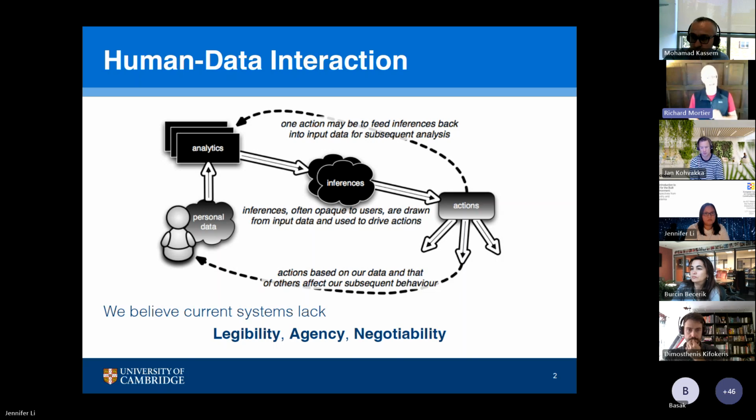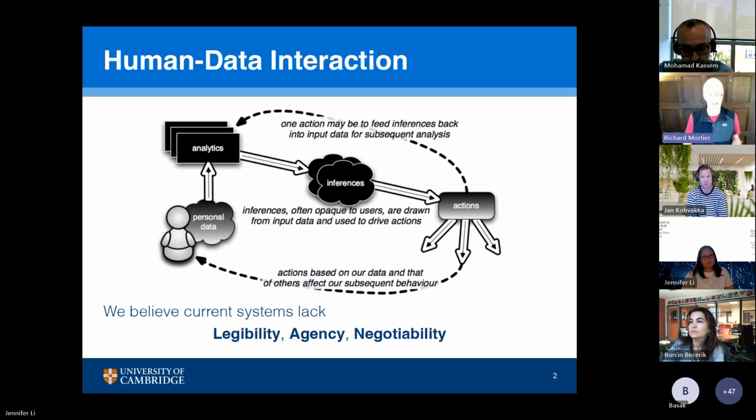And those actions feed back in 2 different ways. One is that they may affect our behavior. And so we then go on to produce different data as a result of the actions that have been carried out by the system, thinking of system in a very broad, fuzzy sense. The other is that those actions may actually take the inferences and feed them back in as more input data. So you have these different models and processes feeding off each other to produce more inferences, which can produce more actions. So you've got a feedback loop here where behavior in the world is causing data to be analyzed, inferences to be drawn, actions to be taken that then generate and create more data in the world.